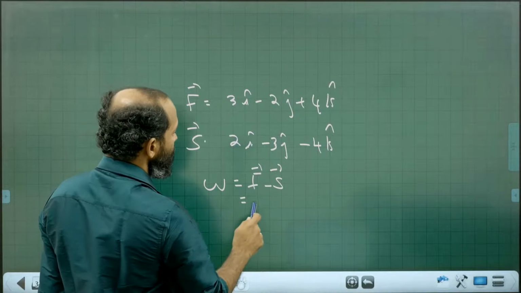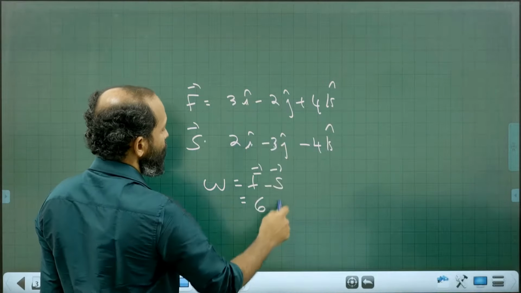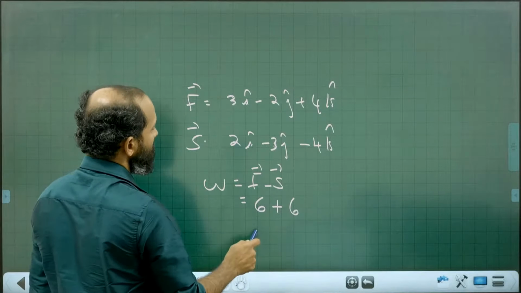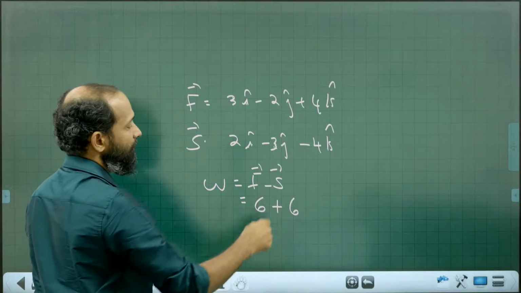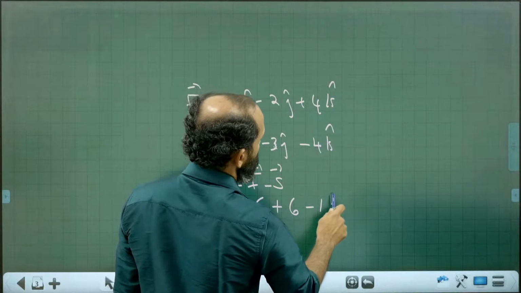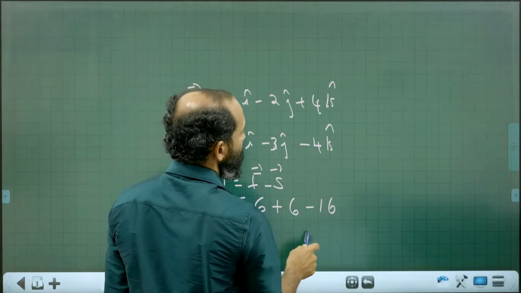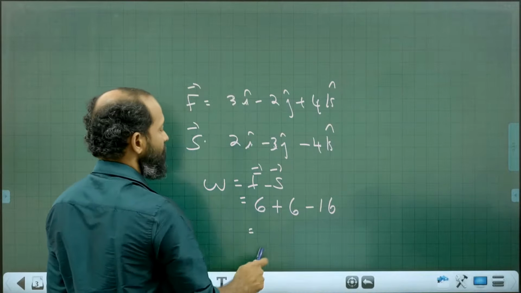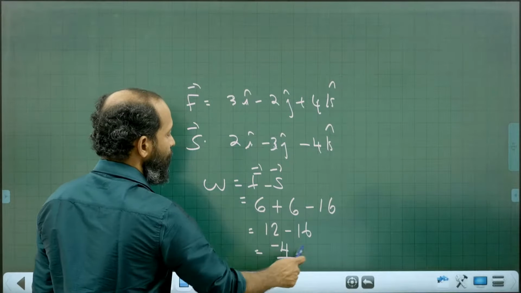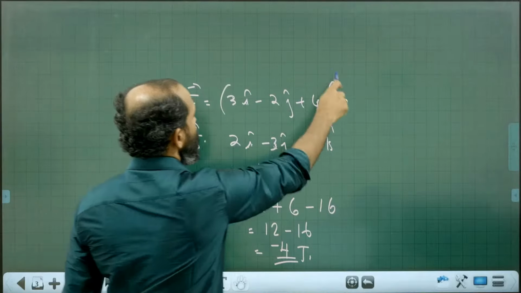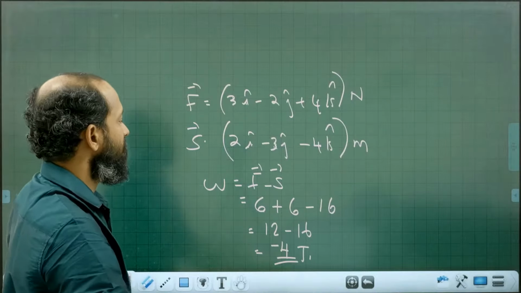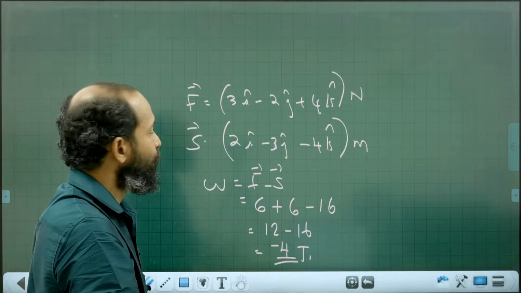So 3 into 2 is 6. Minus 2 into minus 3 is plus 6. Plus 4 into minus 4 is minus 16. Then 6 plus 6 is 12, minus 16. So you get minus 4 joule. Given force is in Newton and displacement in meter, the work done you will get in joule, and this is minus 4